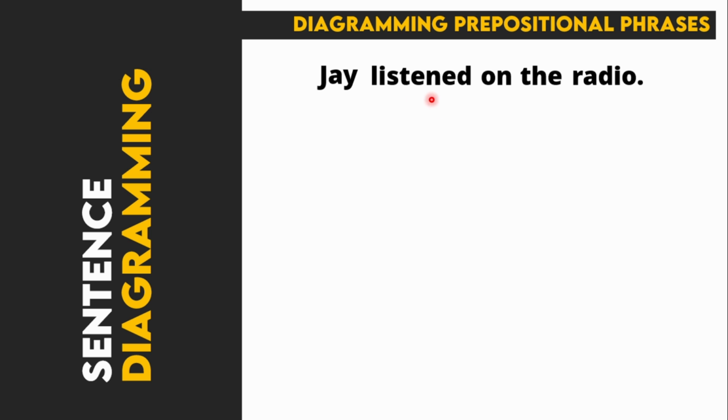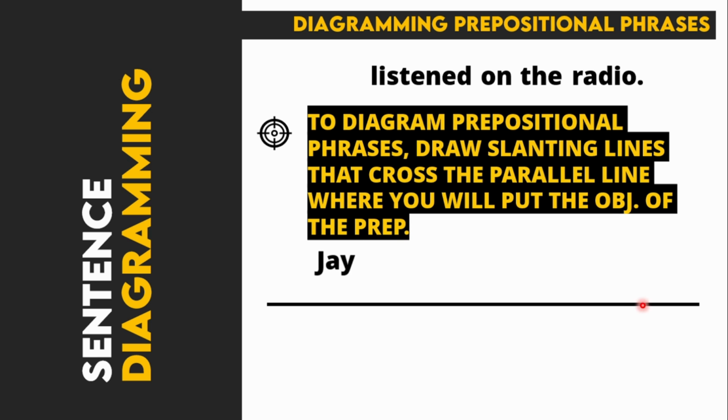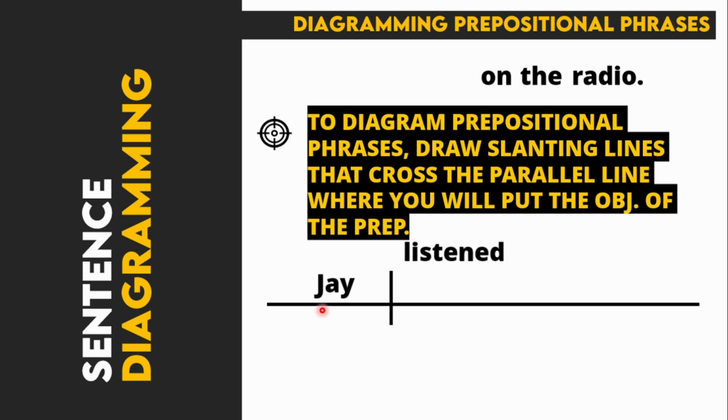Alright, so Jay listened on the radio. How do you diagram prepositional phrases? Once again, you follow. So this is SIV. J is your subject, verb, listened, so that's your predicate. Where would you put on? Of course, where did he listen? He listened to or on